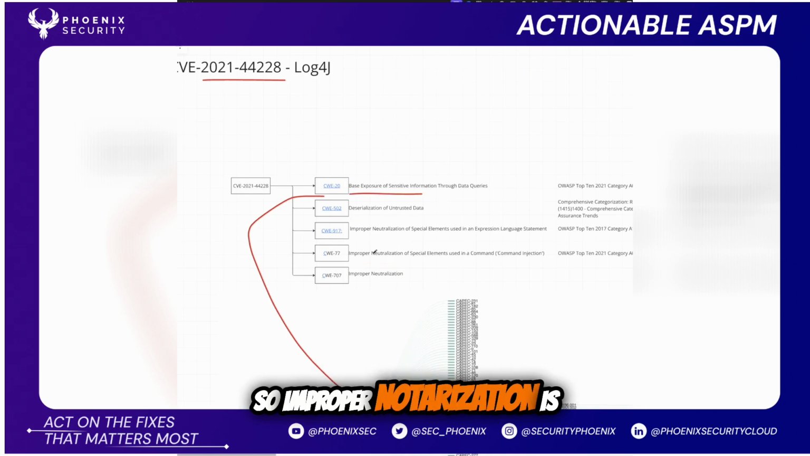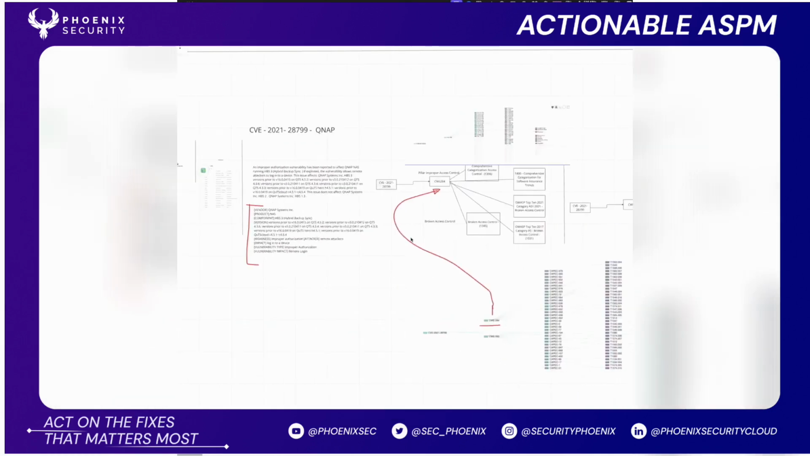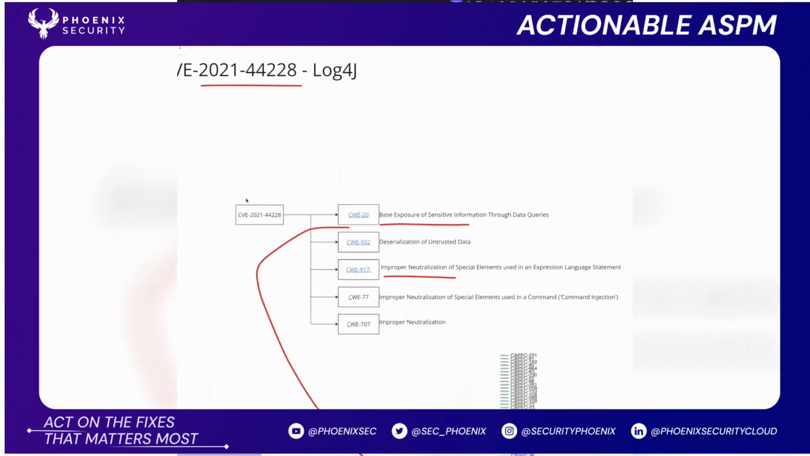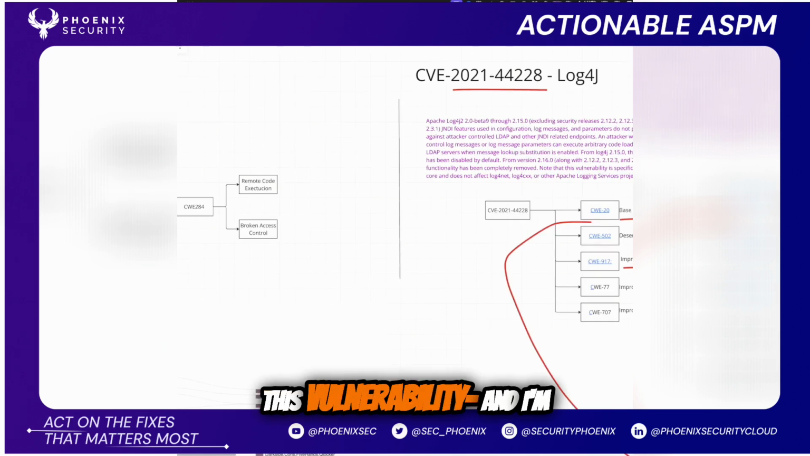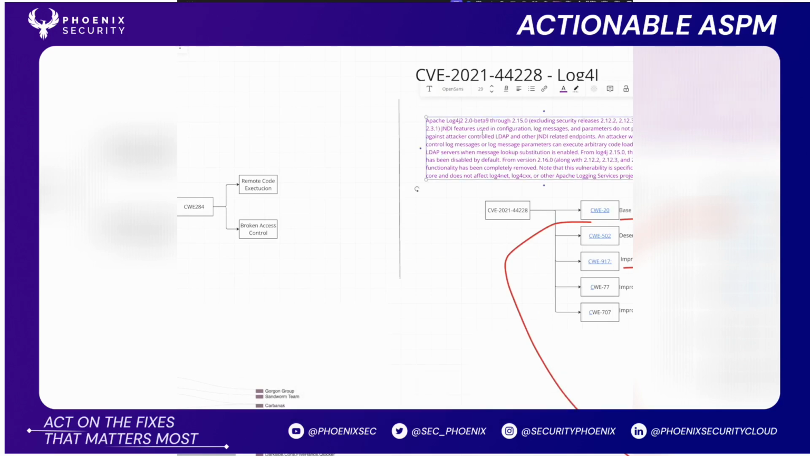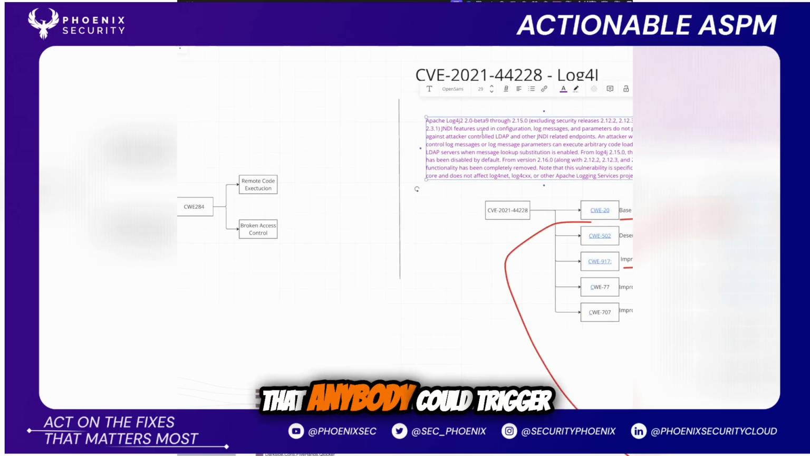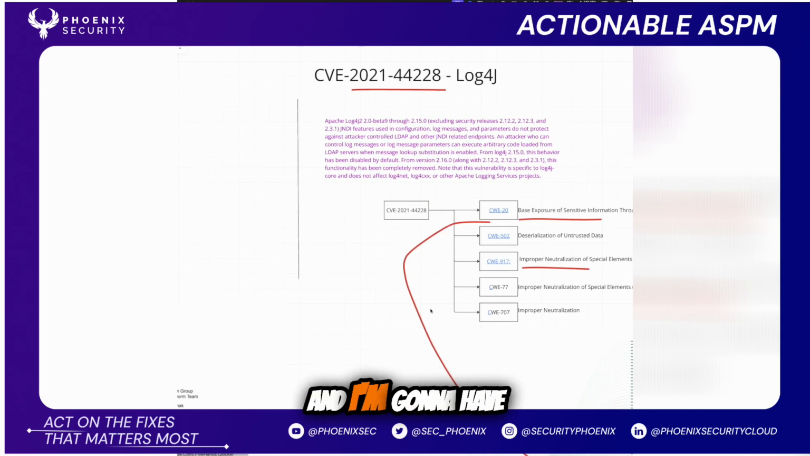So improper neutralization is, by the way, a little bit of a step back. If we take this vulnerability, Apache Log4j, it was an injection attack that anybody could trigger with a specific string. I'm not going to go into detail describing the full vulnerability because that will take away the purpose of this video, and I'm going to have the link of the vulnerability if you want to see it here for